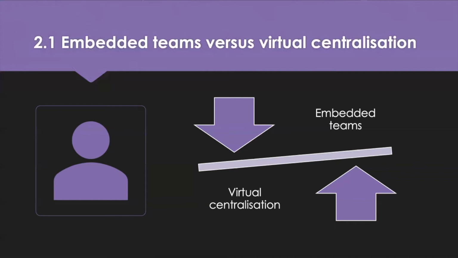So embedded teams usually blame central teams when something goes wrong. I guess the benefits of embedded teams are timely information, development of interpersonal relations, team members are able to empathize, and the value of embedded teams is recognized. But virtual centralization provides a sense of professional identity, it is easier to maintain technology standards and processes, and you've got no risk of duplication.